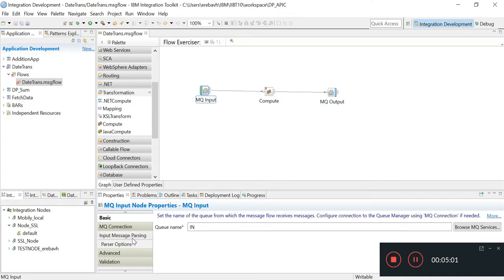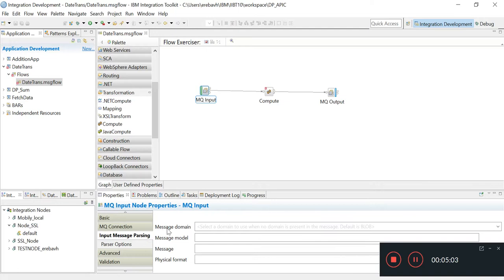So friends, here we will not give any parsing domain, as we will just look at the output date format. We will just hit the sample request message, and we just do the date transformation in the compute node.